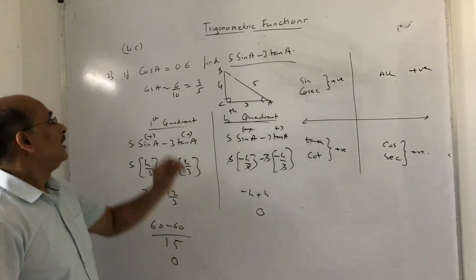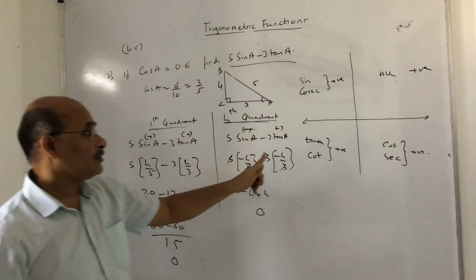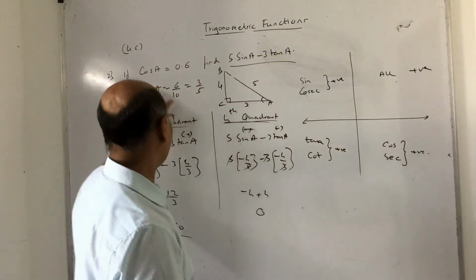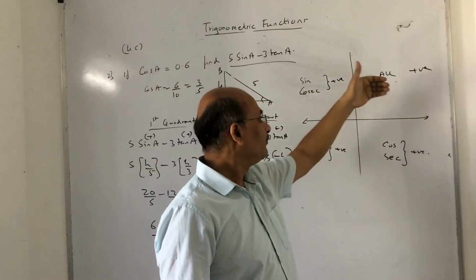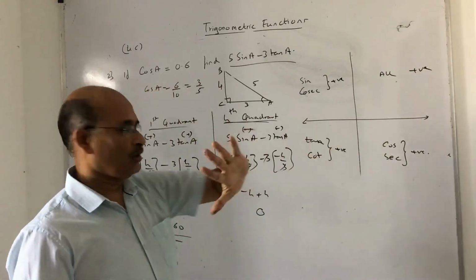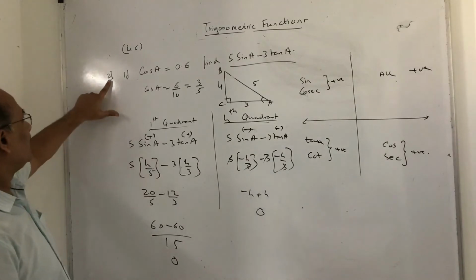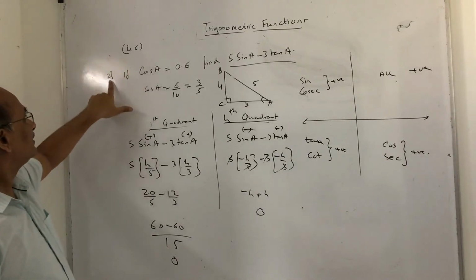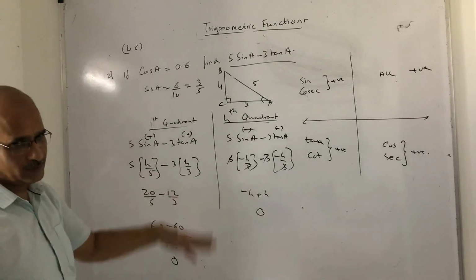So as I said, if the quadrant is not mentioned for that particular angle, you take all the possibilities where it will be positive. So as it is, cos is positive. So where is cos positive? In the first quadrant and the fourth quadrant. So add sugar to coffee. I hope you got this point, children. So pause and note it down. The sum numbers I am referring to are that exercise's sum numbers, so that you don't have to repeat and do it again. You can just go through that one.